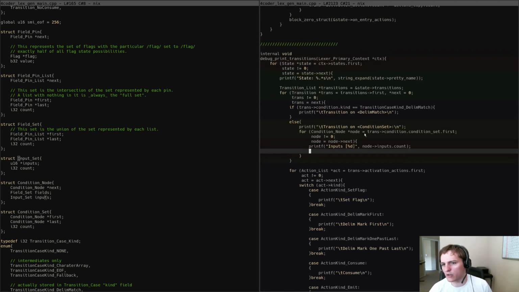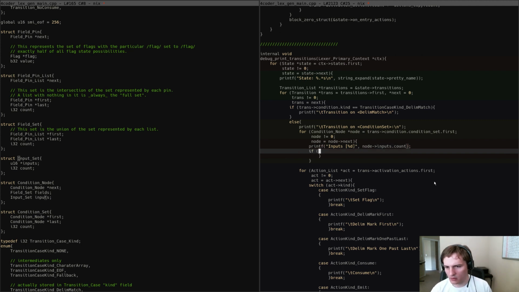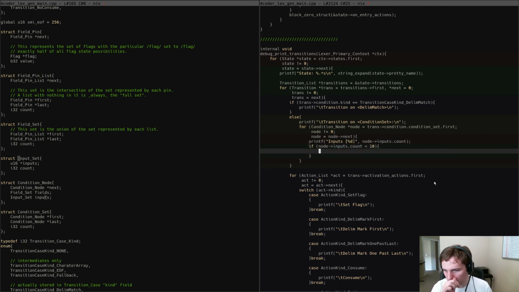So the count will give me enough information to figure out what's going on. Hopefully. Maybe if that count is small enough, we'll do it like this, just for the sake of slightly extra clarification. If there are less than like 10 characters in there, and they're all ASCII printable,